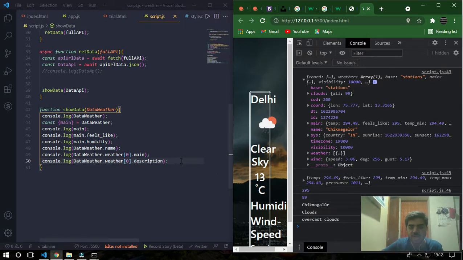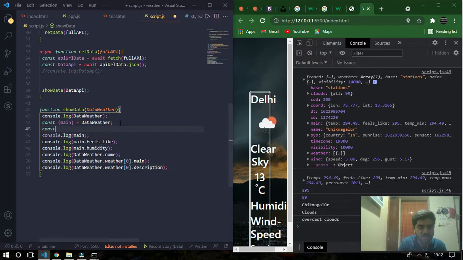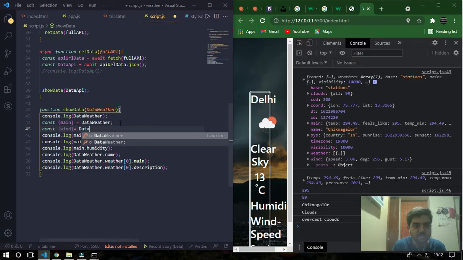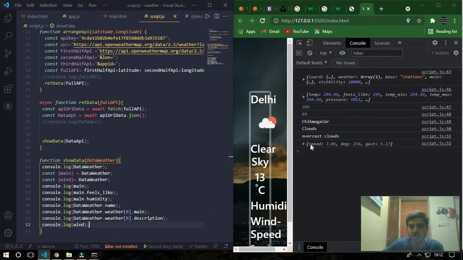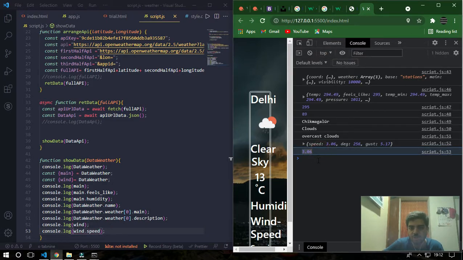So similarly to main, we take the wind object: const wind is equal to data weather. Now I'll console log that wind. If I console log wind, I got speed, degrees and gust. I just need the wind speed, so I'll console log wind dot speed. I got in return the wind speed here, 3.06.